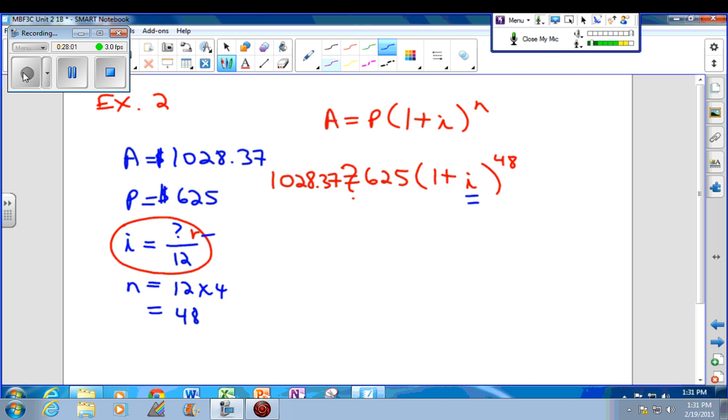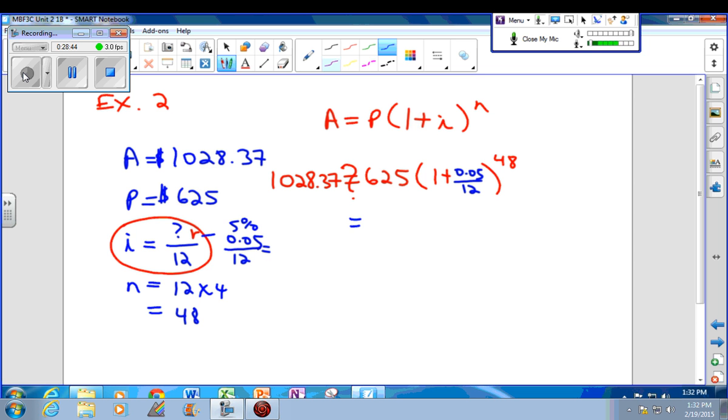So let's say that I was 5%, which is 0.05. Then our I value would be 0.05 over 12. Let's just try that. So I'm going to plug in 0.05 over 12, and then we're going to see what this works out to be. This is called the guess and check method, and you'll see once we do it a few times how this works out. So it's 0.05 divided by 12 plus 1 to the power 48